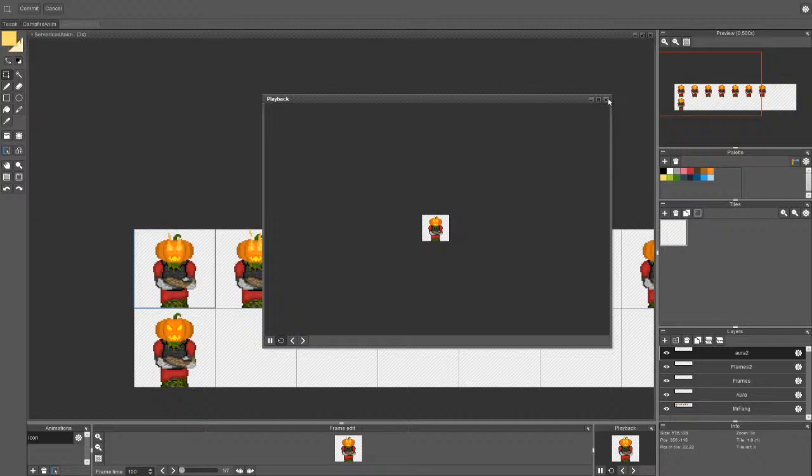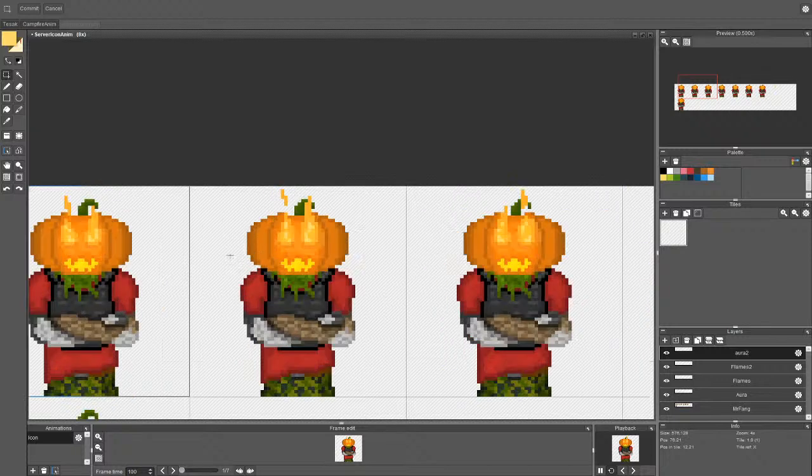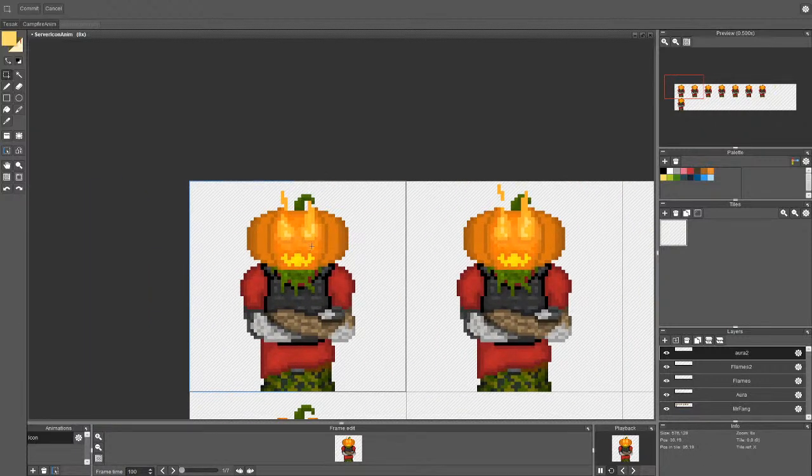One more thing though is that we don't have the mouth animated. We should do something with that as well. Yeah, let me do this. Let me merge the flames and let me merge the auras and now rename it.